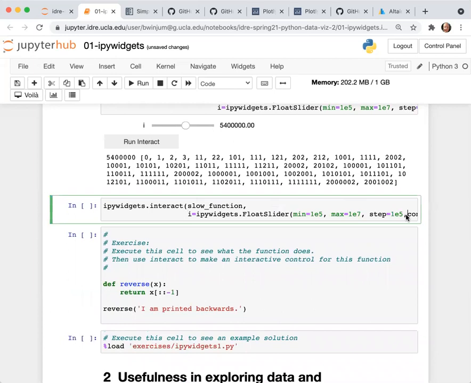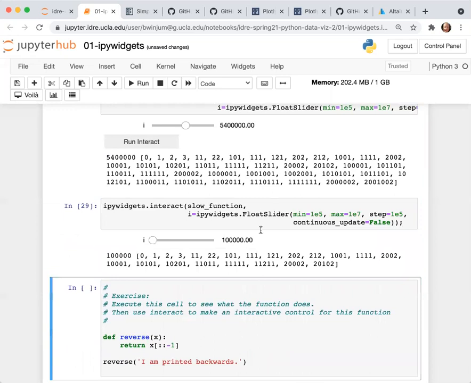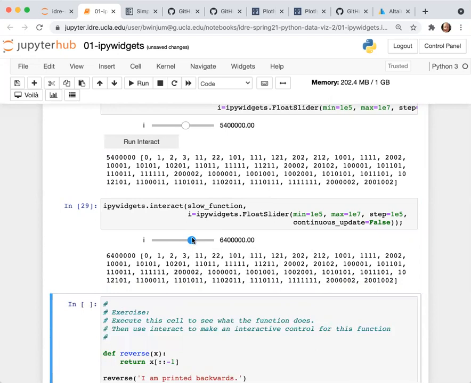And then here is another thing that you can do. Rather than putting in the run button, you can put in an additional parameter inside of the parameter values for the slider. So if you say continuous_update equals False, that's a way to tell it, if I'm in the process of varying this, don't call the function until I explicitly stop. So then it doesn't try to do intermediate values as you're dragging the slider.